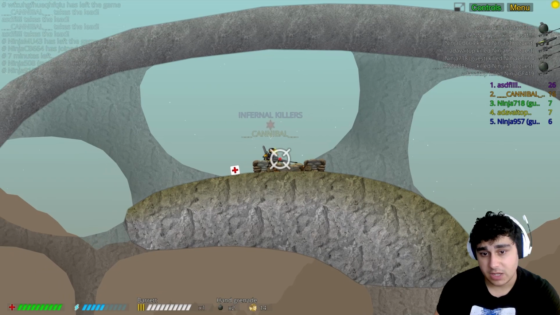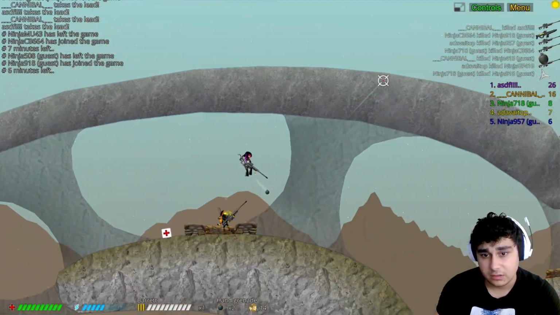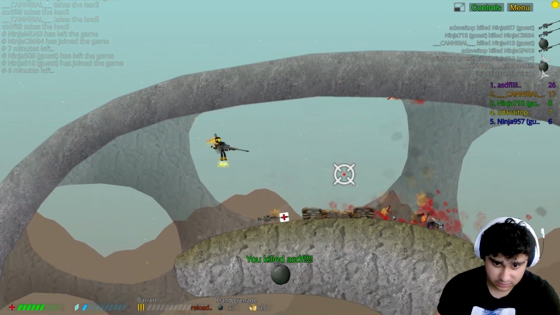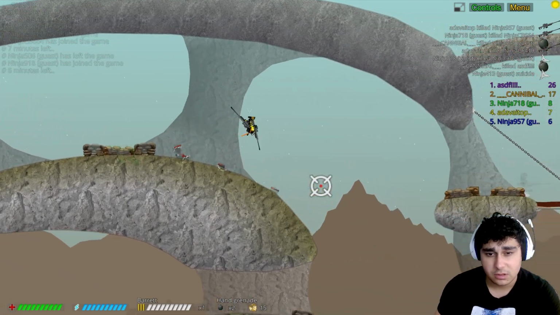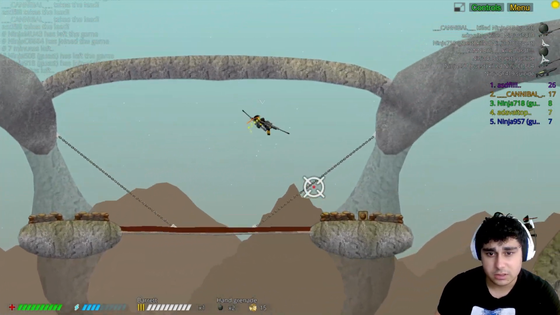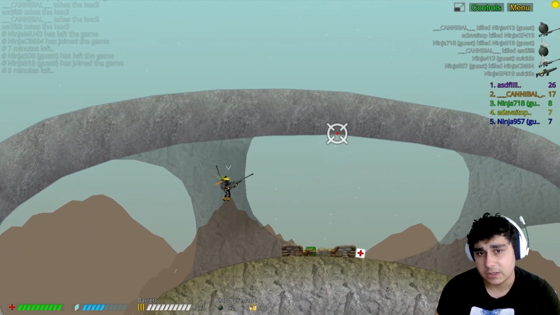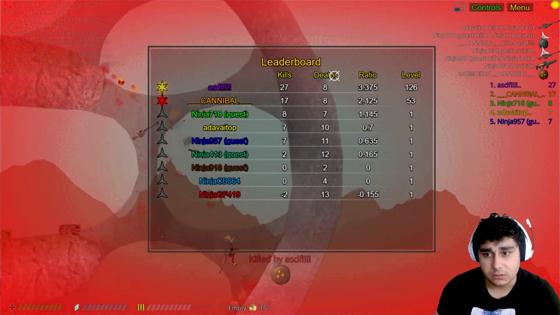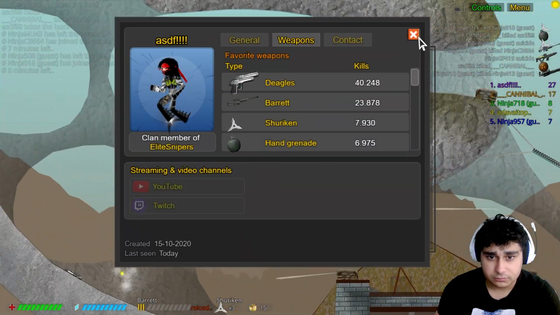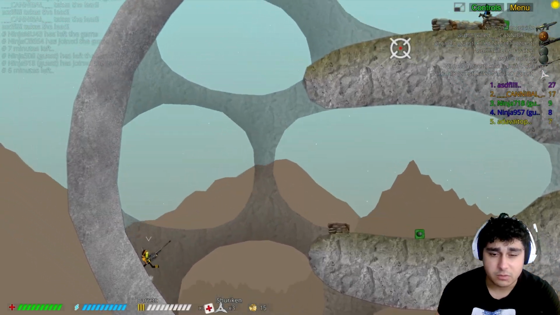Yeah, I can give you one more piece of advice. This is more advanced stuff, and it requires an understanding of the basics first. But this is a more advanced thing: whenever you're facing an enemy with a Barret,